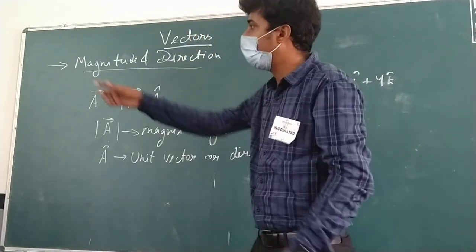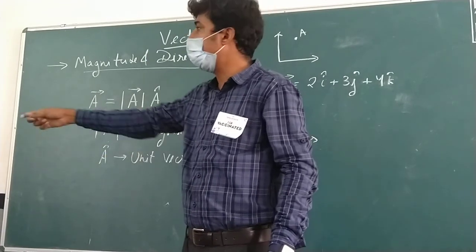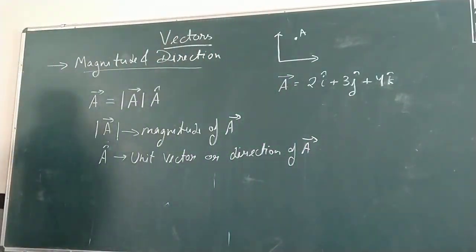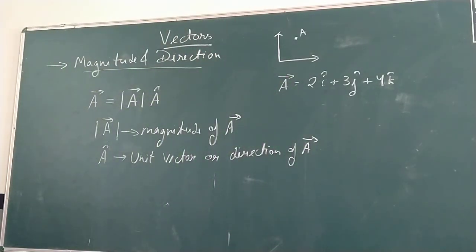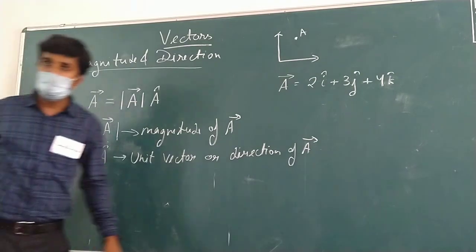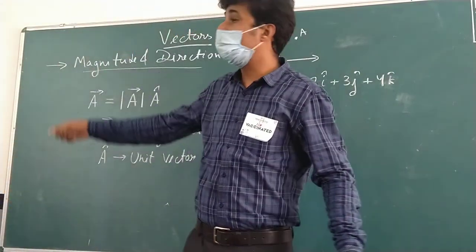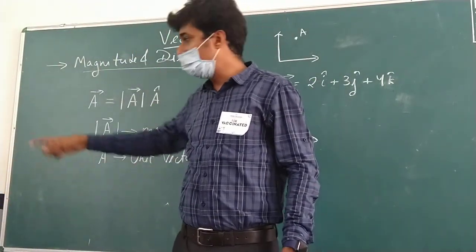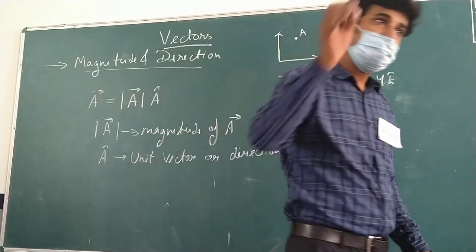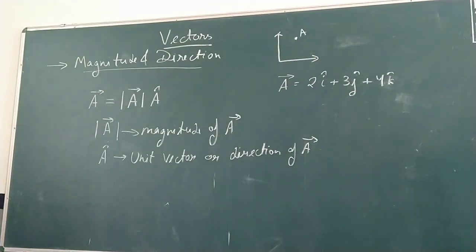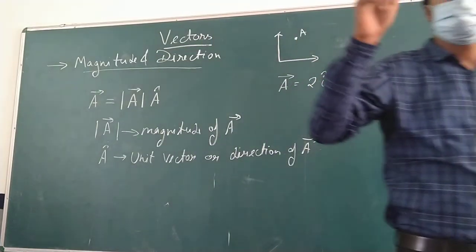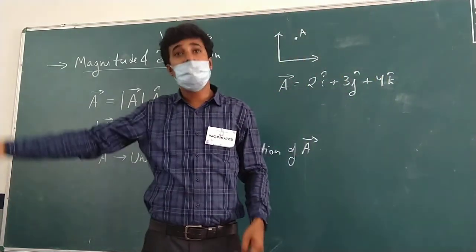At the same time, if it moves in the y direction, only the y coordinate will change. Here you can see, if a person is moving like this, only the y coordinate is changing. X and z are what? Constant. Y is changing. Yes or no? That is also one dimensional motion. If it is moving along the z direction, again it is one dimensional because only the z coordinate is changing.